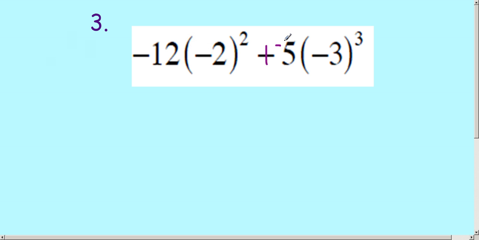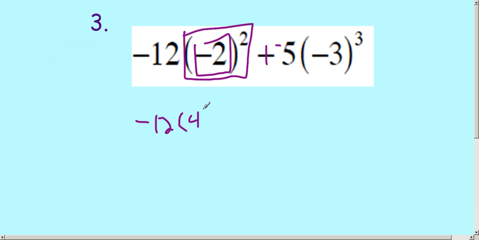Okay? And you put that negative with the 5 because it's inside parentheses. And now we're going to go ahead and do our exponents first. So this will be negative 2 times negative 2, because this is the base. Negative 2 times negative 2 is 4. So we have negative 12